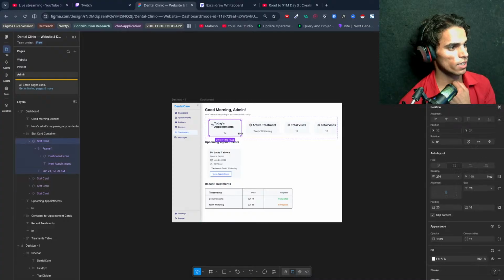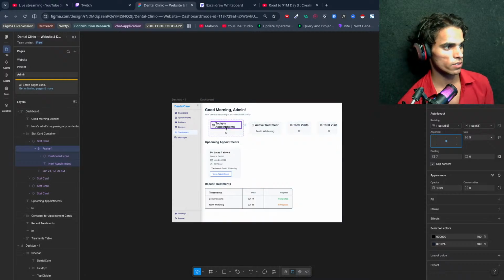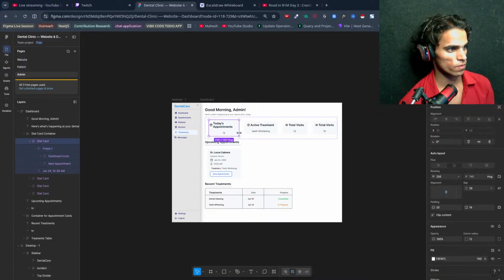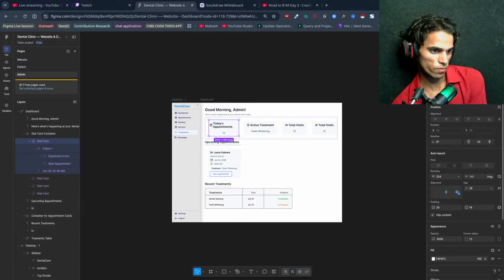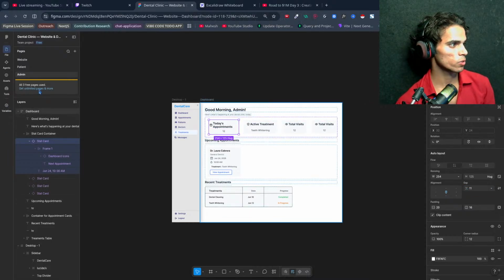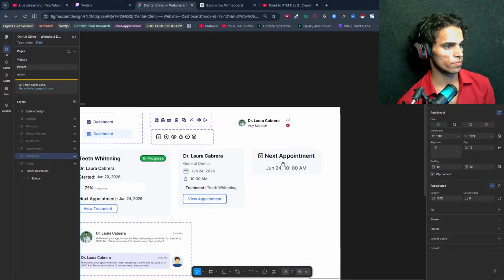Again, for this card I would like to make it a little bigger, so let's get into the patient system design and update this one card.